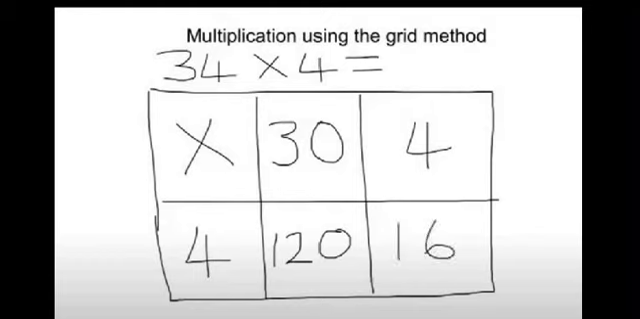Now we have all the information to solve this multiplication by adding these two numbers together. So now 120 add 16. So 120 add 16 is how much, learner? It is 136. So our final answer is